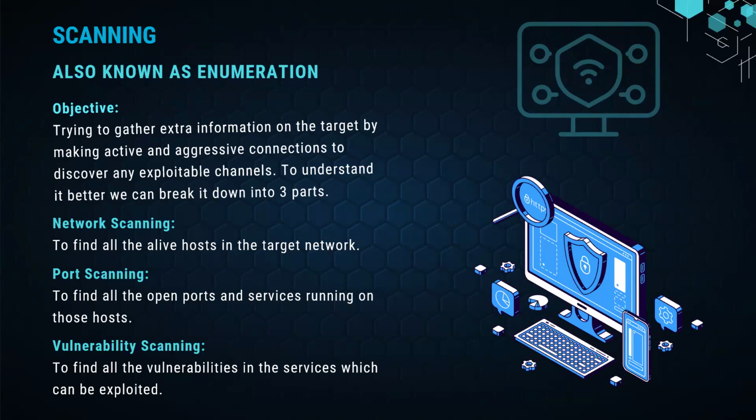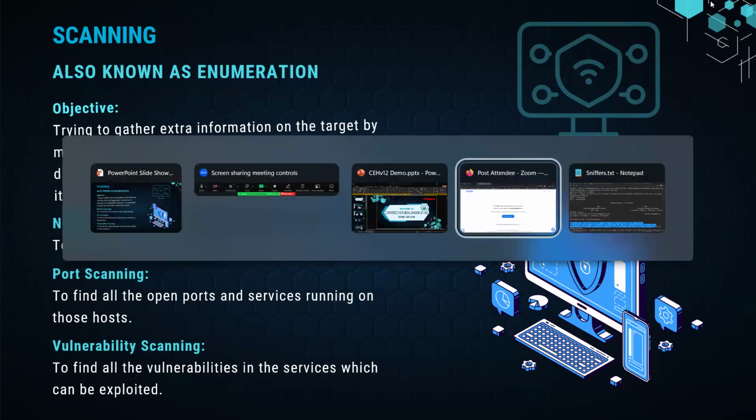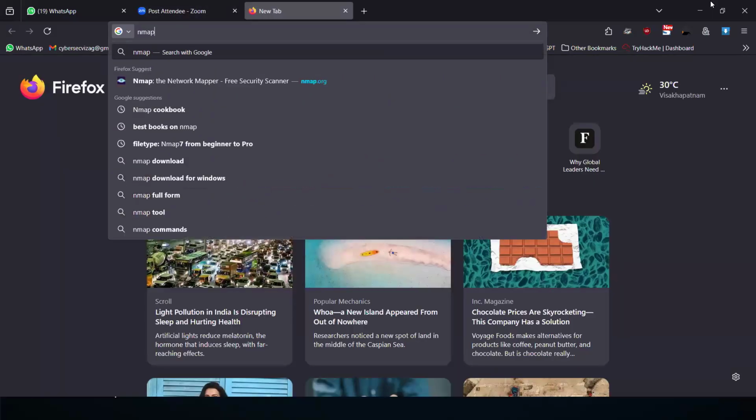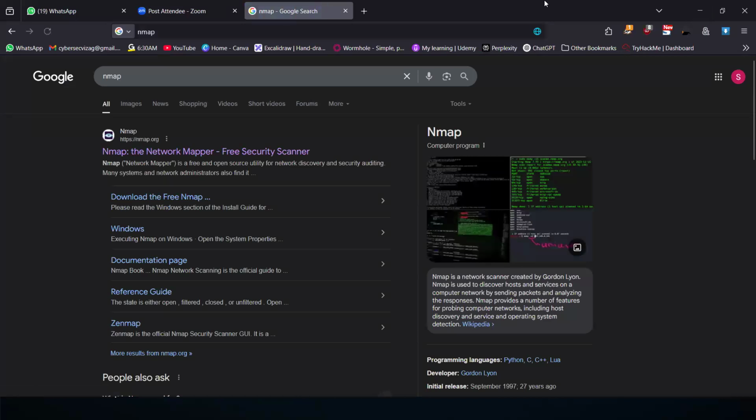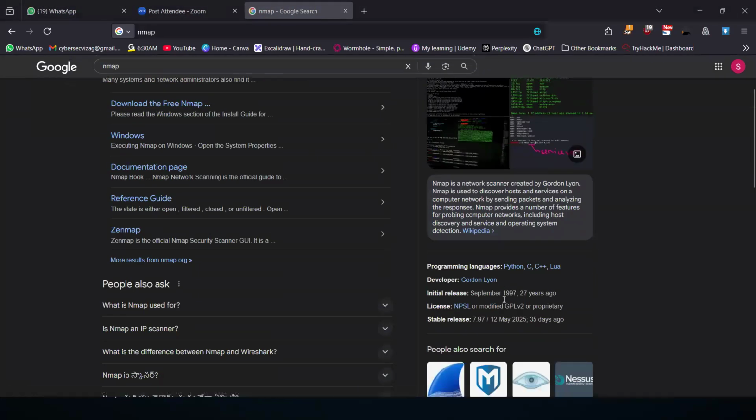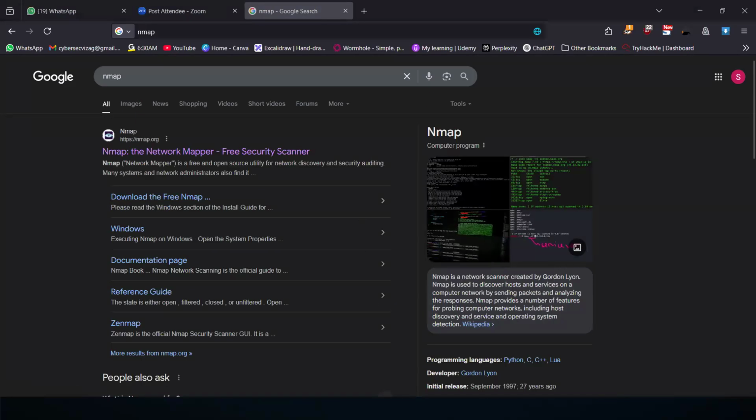During this module, we'll be working on two very important tools. One of them is called Nmap. If I go to my browser here, I can search for Nmap, a very popular tool, been there since 1997, a very old tool, but still used in the latest applications as its source code is completely open source. Anyone can run it in their internal network and on other devices as well.